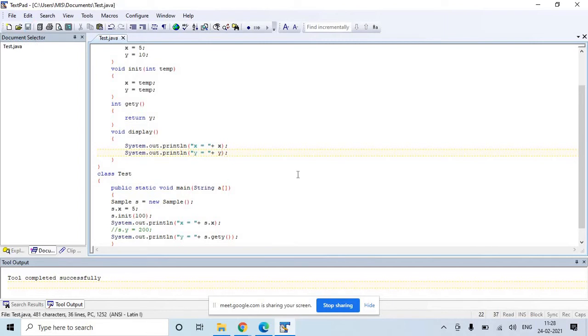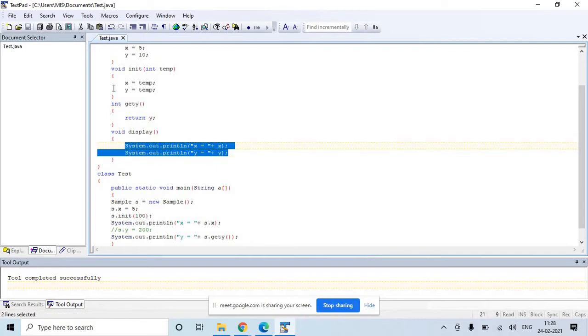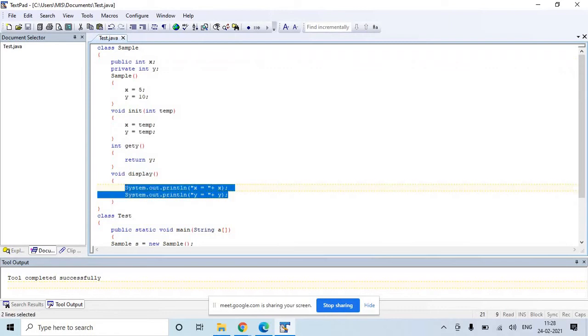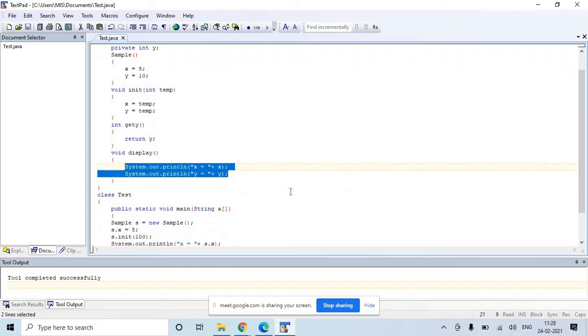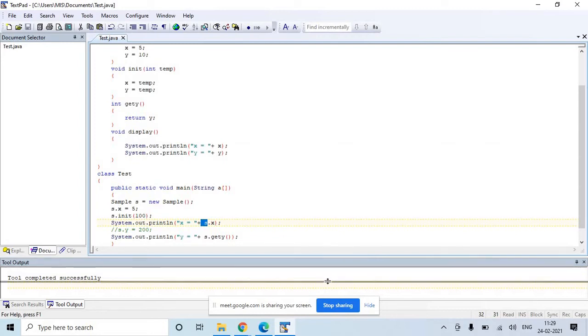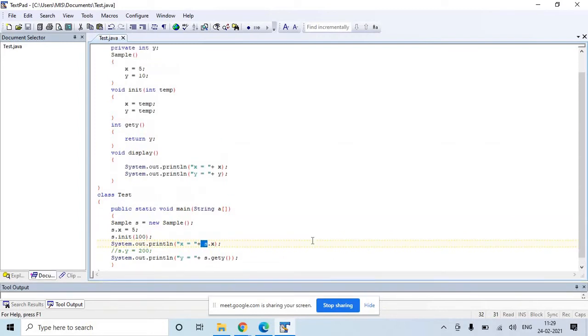Since we are accessing x and y within the same class, this is how you write it. Whichever object, say s object, calls this display function, the x value for object s will get printed. So this is how you can write various public variables and private variables, and this is how you can access them.